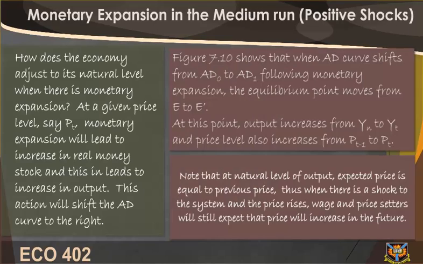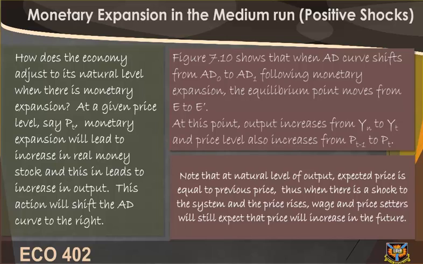Positive shocks. How does the economy adjust to its natural level when there is monetary expansion? At a given price level, say PT, monetary expansion will lead to an increase in real money stock, and this will lead to an increase in output. This action will shift the AD curve to the right. Figure 7.10 shows that when the AD curve shifts from AD0 to AD1 following monetary expansion, the equilibrium point moves from E to E prime. At this point, output increases from YN to YT, and the price level also increases from PT-1